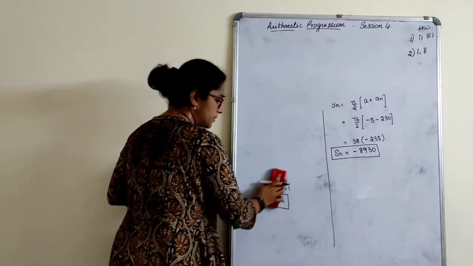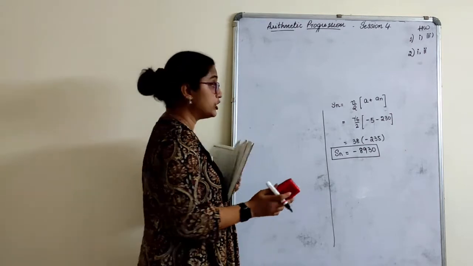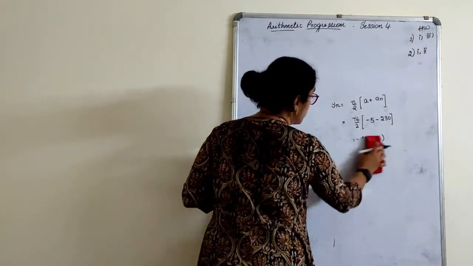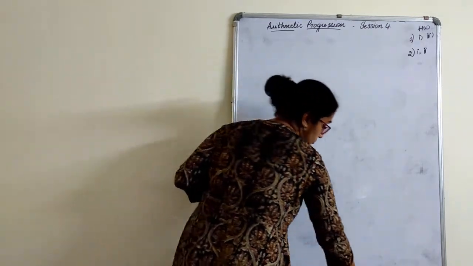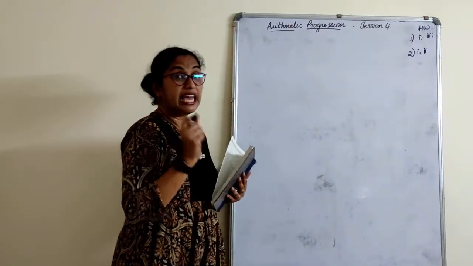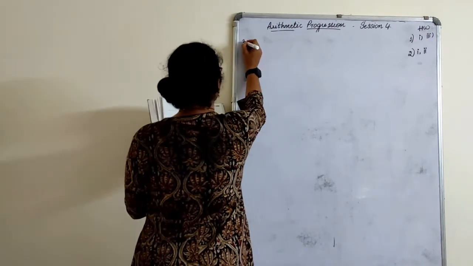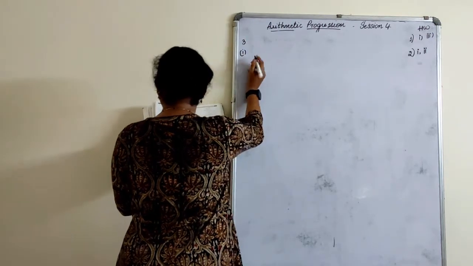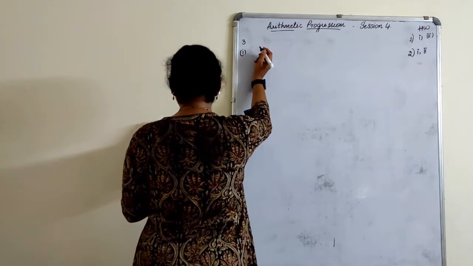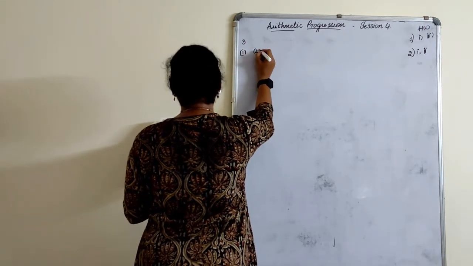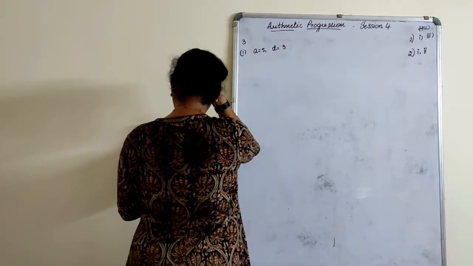Arithmetic progression chapter is actually a very simple chapter and very important chapter. The only thing we should know here is to understand what is given and what we have to find out. Identify An and Sn correctly. First one, what all is given, let us first write. A is 5, common difference is 3.